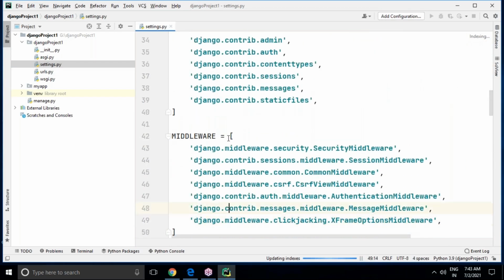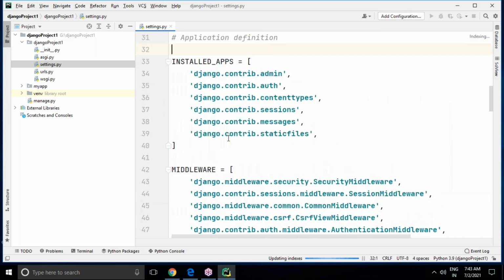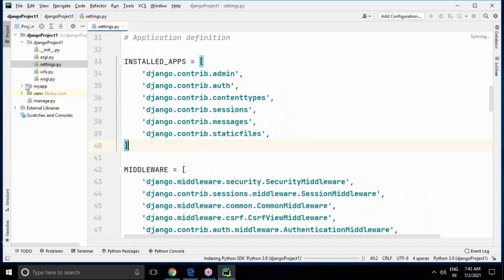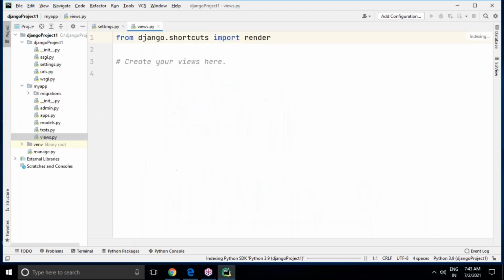Oh, it's not there. It's not there because, I'll tell you why: we have not started with the application's views.py or anything. So that's why it's not automatically registered. Let's go and check it once. So in my application, I'm taking views.py, because you use any file and folder of your application. I'm writing my application view here.